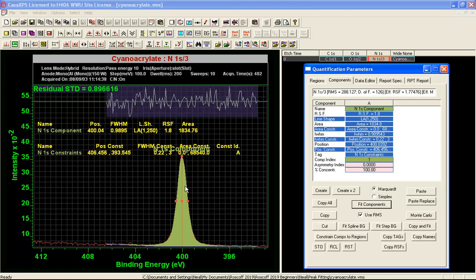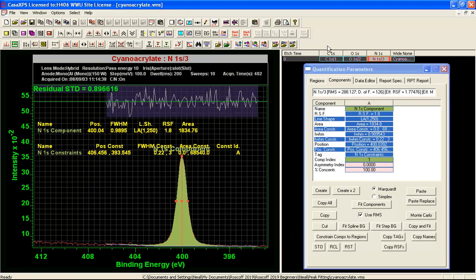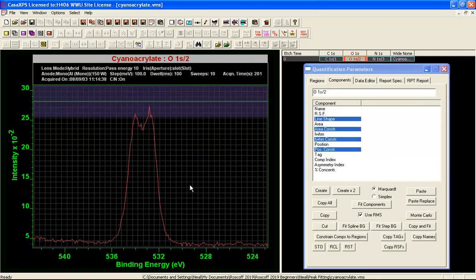A single peak is the simplest case for optimization. The next peak that's worth looking at in these data are associated with the oxygen, because we've got oxygen single bonded to carbon and then we've got oxygen double bonded to carbon. So if we now look at the oxygen peaks, we see that there are two peaks, and this gives us